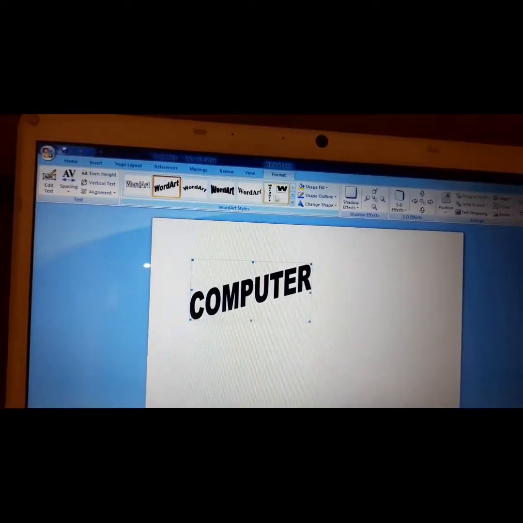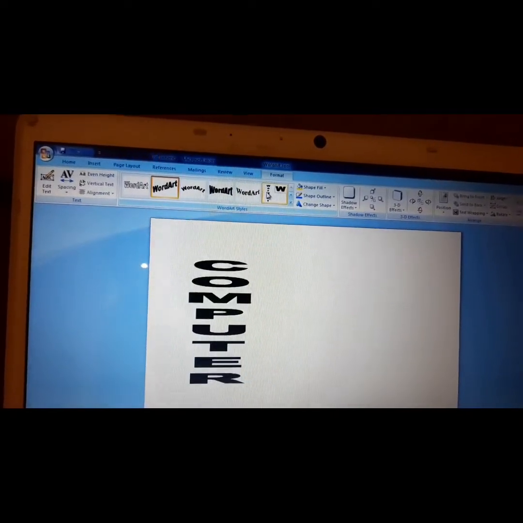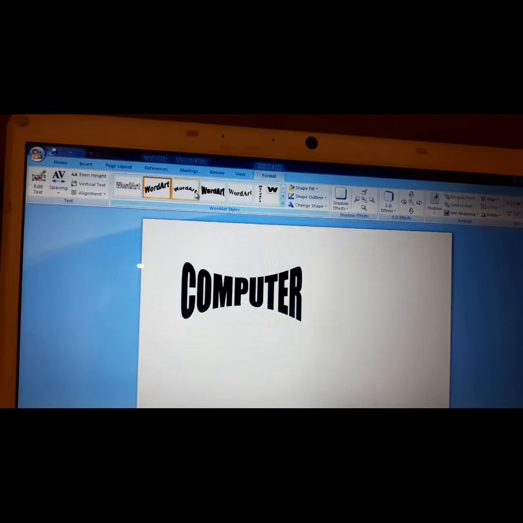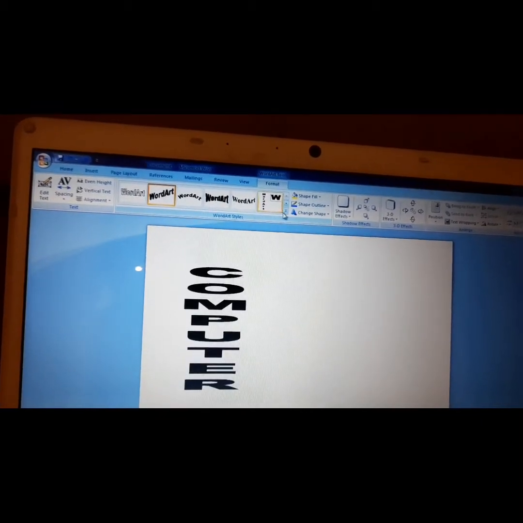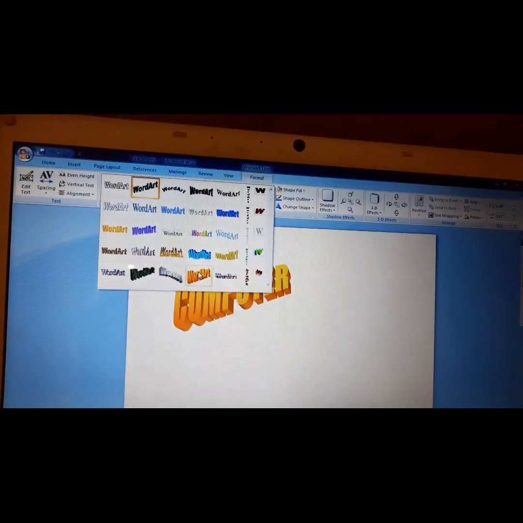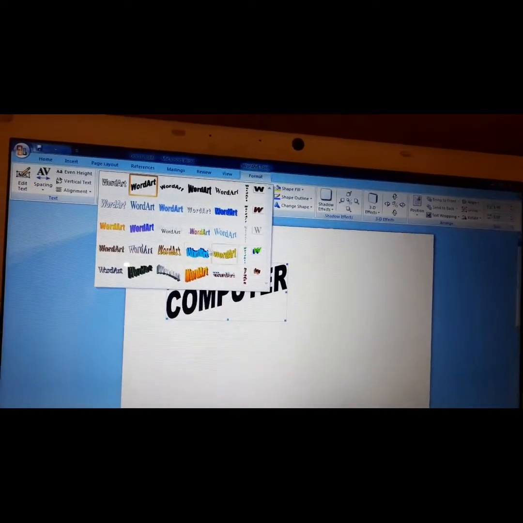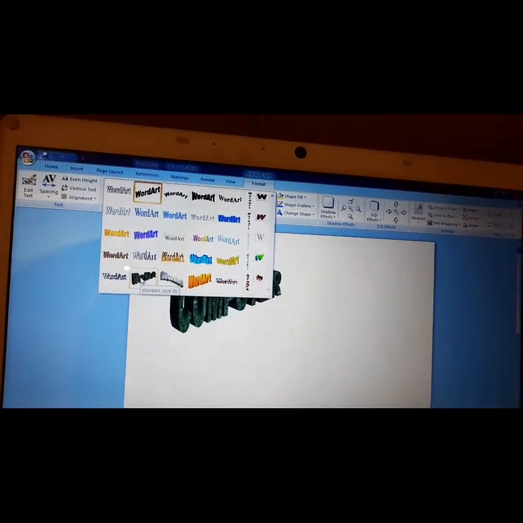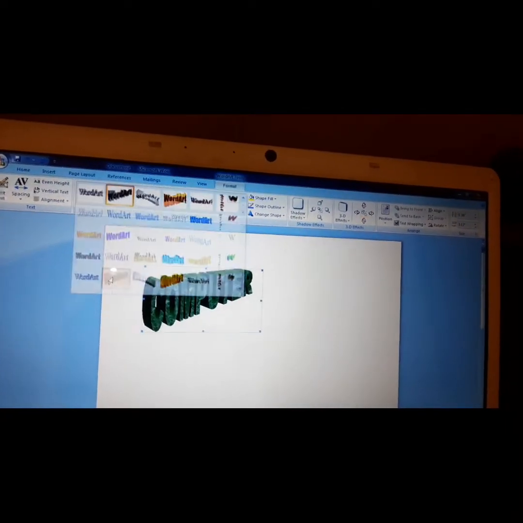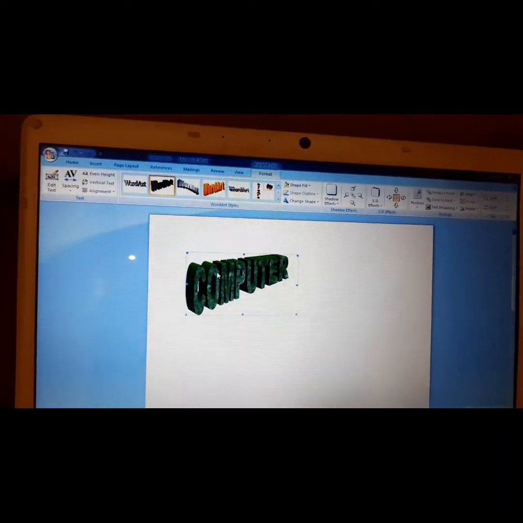So if you want to see any other effect you can see it this way. So this is how you can use your word art effect. See children, so is it clear? This is how you can insert word art.